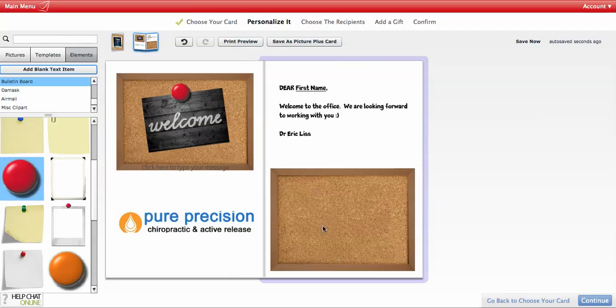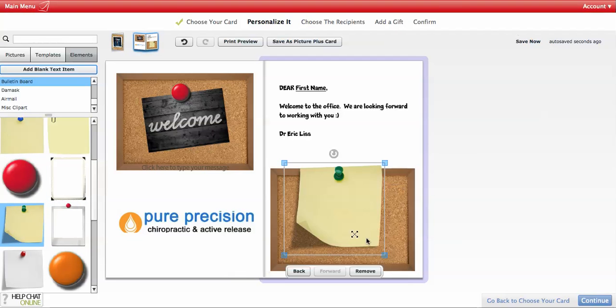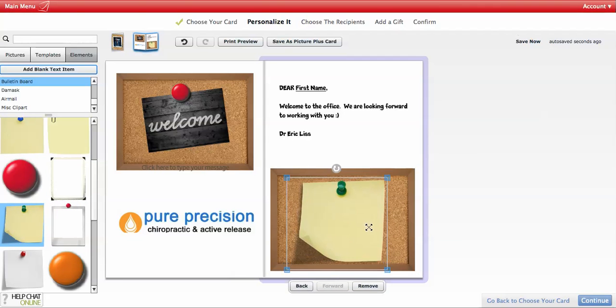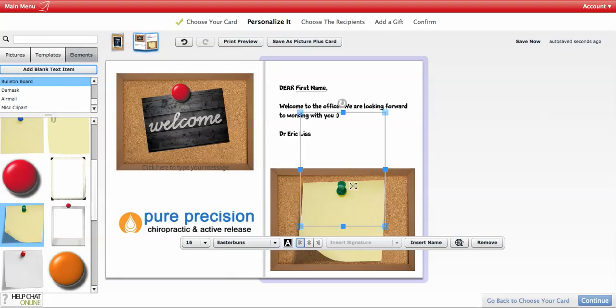Then you've got text. Down here you can put whatever you want. You can put a little post-it here, just like that. Once that image is there, you can go to add blank text item, resize, just like this. Once you've resized it, you can type PS. You can do whatever you want. The possibilities are endless, but you can just go PS if you know anyone